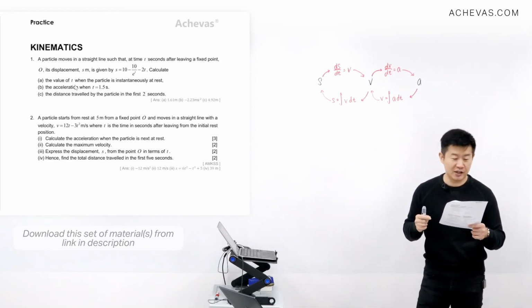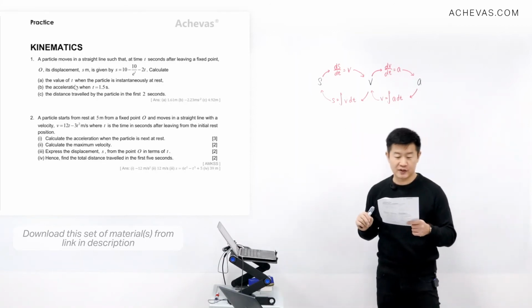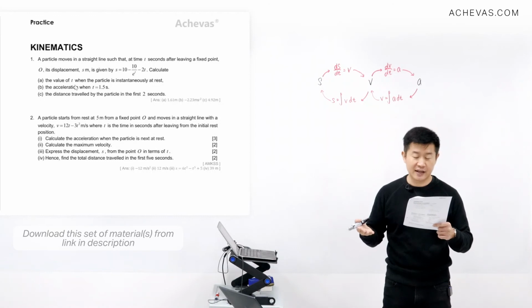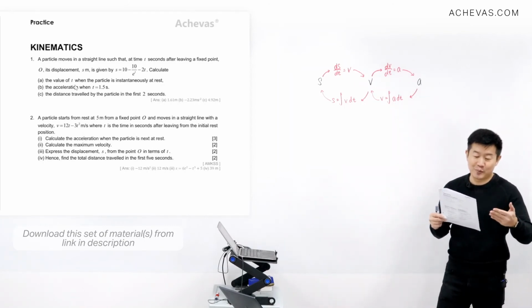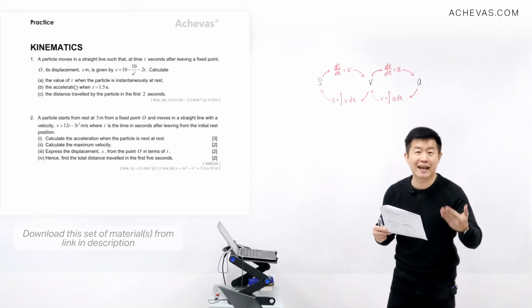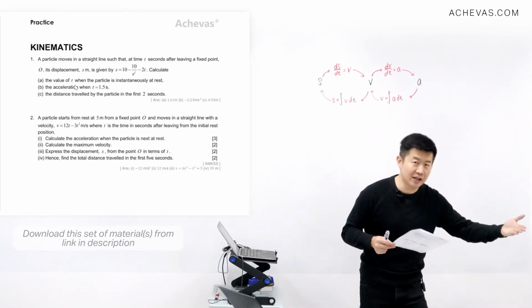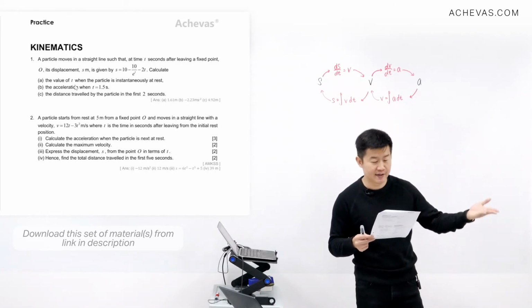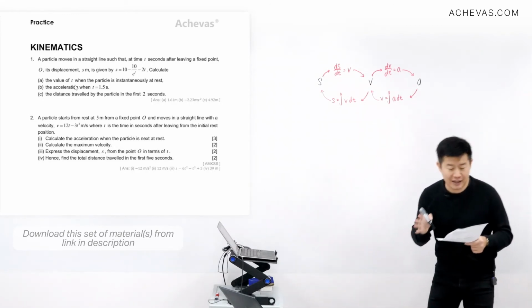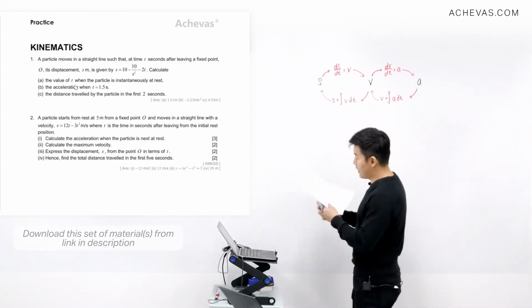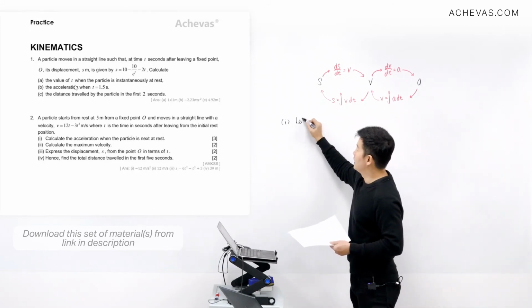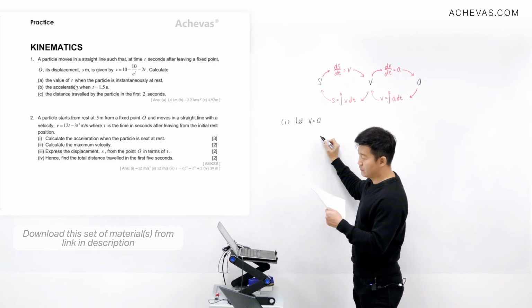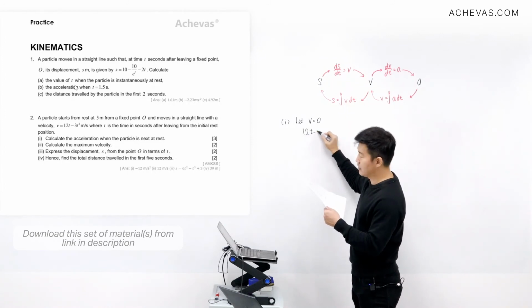It moves in a straight line with the velocity. We are given the expression for the velocity, and time is in seconds after leaving the initial rest position. In part 1, we are supposed to calculate the acceleration of the particle when the particle is next at rest. That means the particle is going to stop again, so it is when v is equal to 0. Let's look at when the particle is next at rest. So at rest, v must be equal to 0. So we let the velocity be equal to 0,